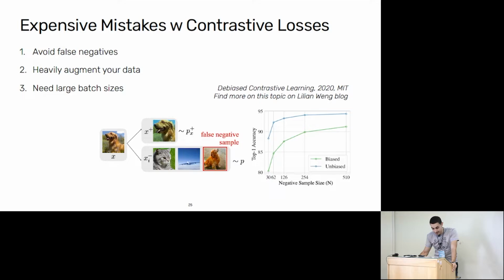The first one is avoid false negatives. And this is the primary pain point with contrastive losses. Let's say you pick a batch of 500 entries in every batch, this means you'll be computing 500 by 500, which is how many? 25,000? No, 50,000? Yeah, I think 500 by 500 is 250,000. Four zeros, 25,000 distances. And you better make sure that within this batch, for every entry, you have exactly one positive example.